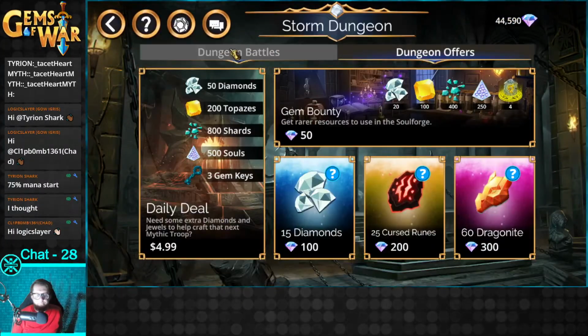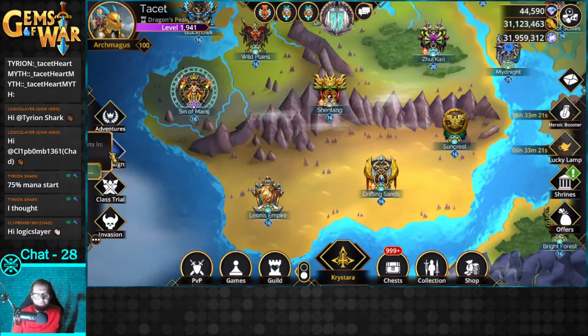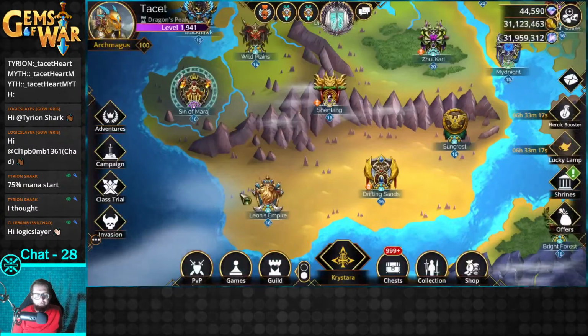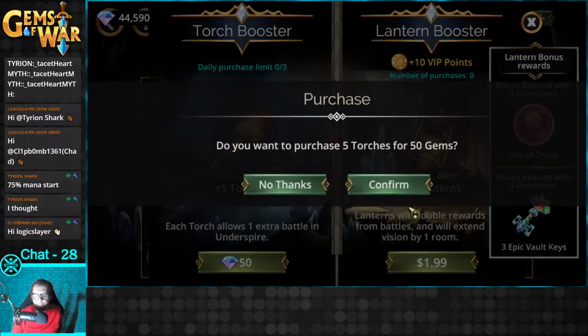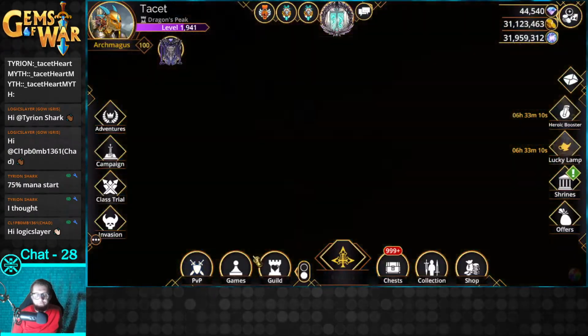Alright, there we go. Alright, anything else? Check. Check. Check. Check. And check. Alright, that only leaves PvP and Underspire. Let's do PvP first. We'll end on Underspire, because I don't plan to do all of Underspire, but I do plan to do all